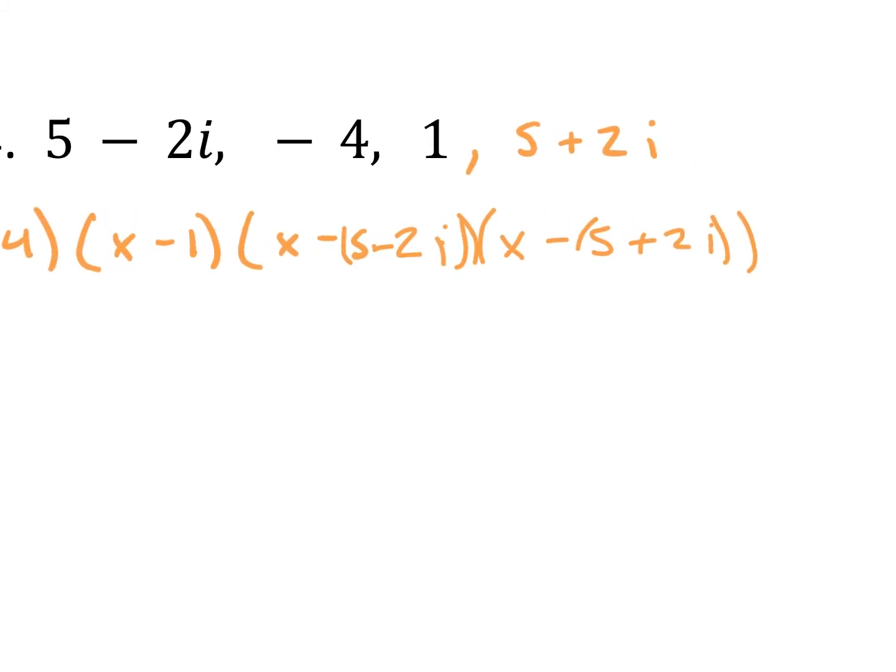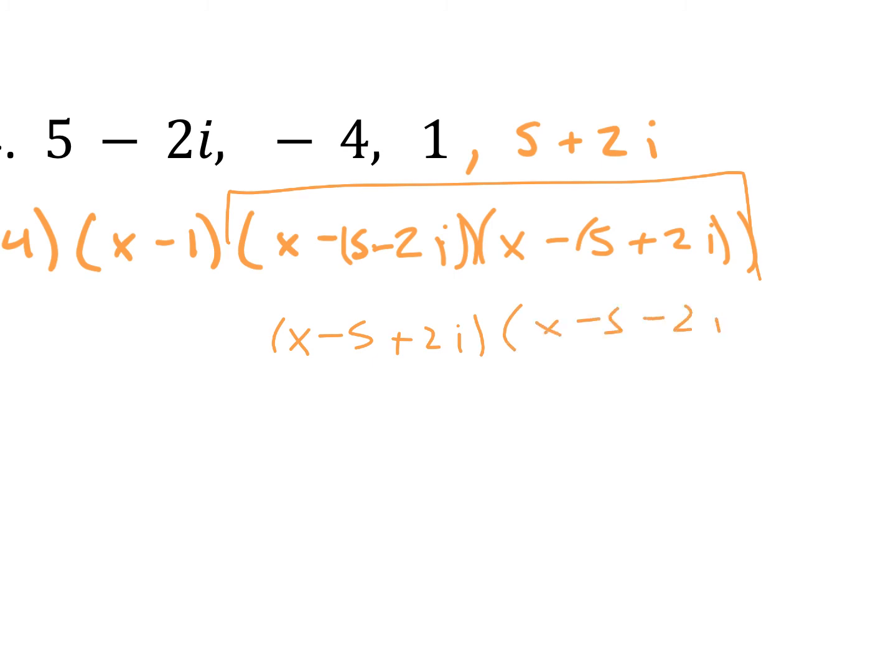So I want to start by multiplying the imaginary parts first, these complex numbers. So this is x minus 5 plus 2i, and x minus 5 minus 2i. So I just distributed that negative to the parentheses. So my first term is x minus 5. My second term is 2i. So multiplying the first together, I get x minus 5 squared